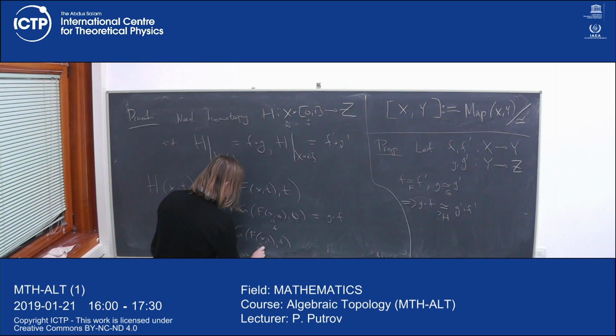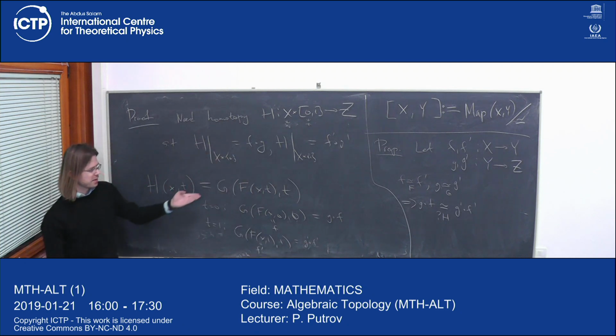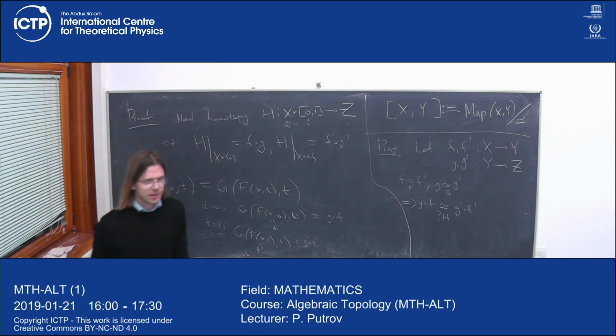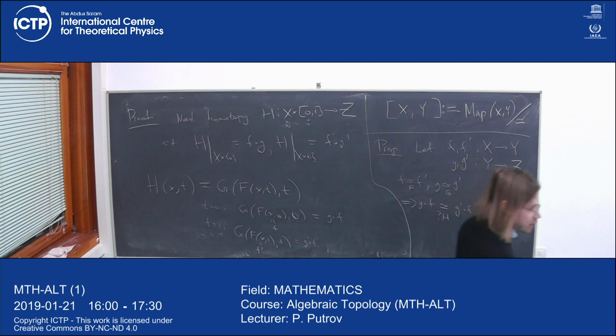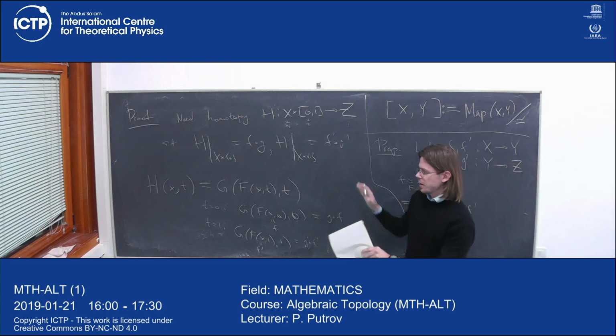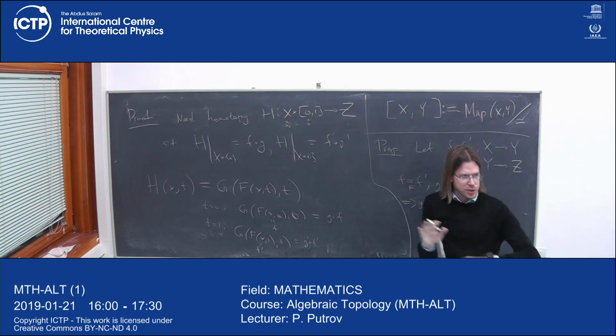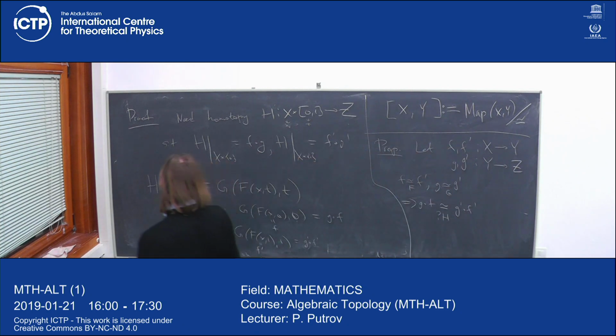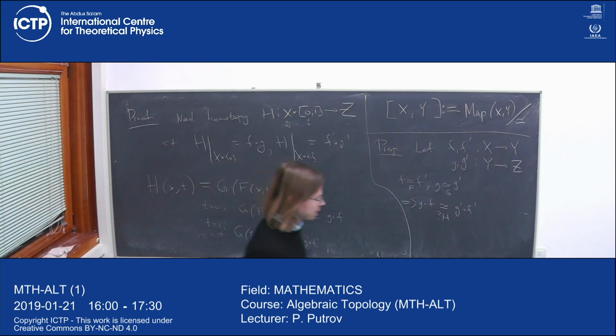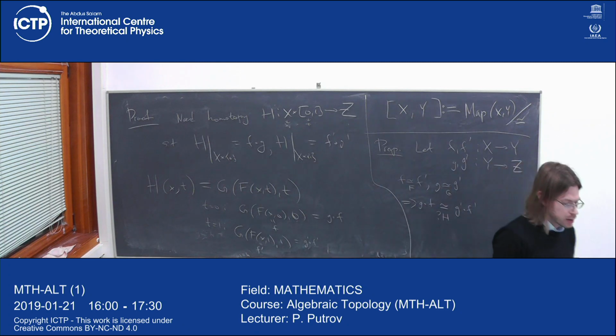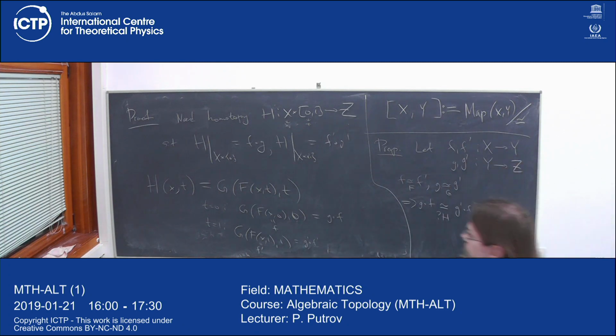This is f prime. Of course, this is not the only one, so the homotopy is not unique. In the first half interval, we deform f to f prime, and in the second one, we deform g to g prime. We could do this in this way. In this case we can simultaneously deform both f and g, but we could also do it another way. What's the other way? Okay, let me write it.